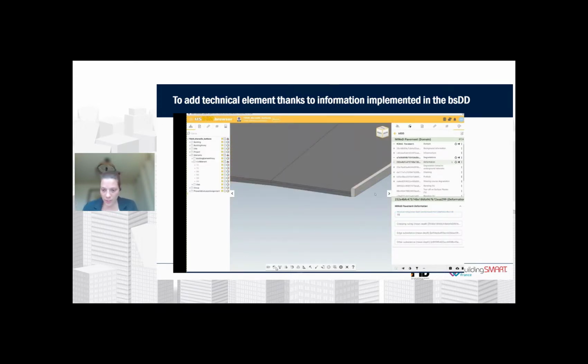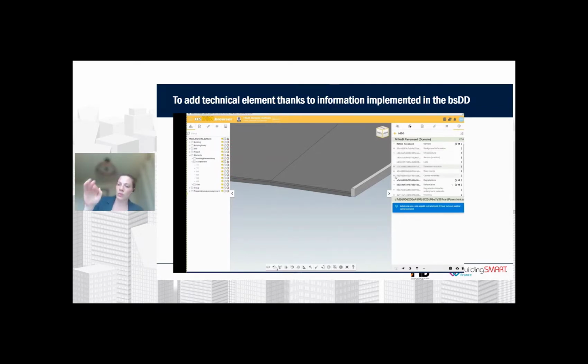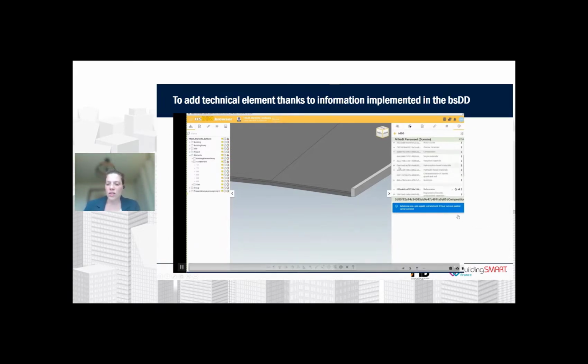So here, for example, we are writing that we can have on this representation of reality 50 millimeters of routing, and you can add in front of the information the true value that you had on site. The same idea applies to the modulus, the Young modulus that we were speaking about just before.